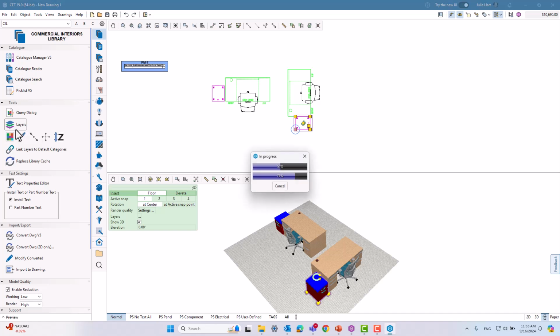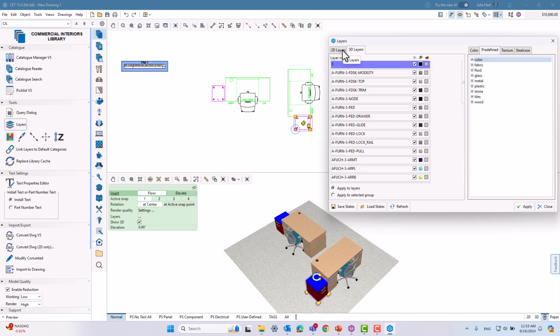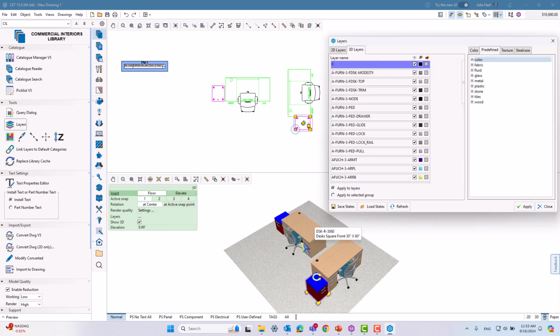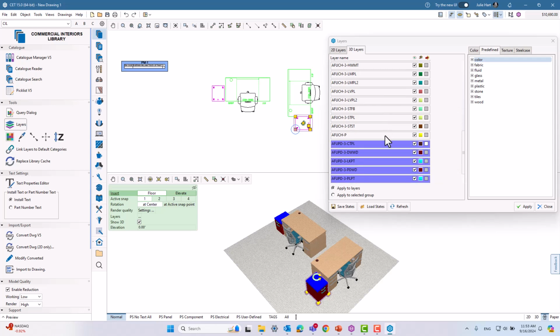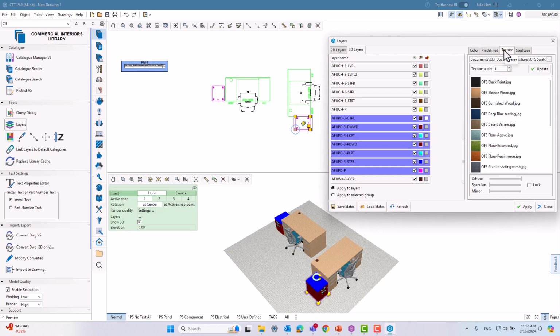Either way, when you pull up those tools, you can select from either the 2D layers here, or you can select from the 3D layers down here. When you left click on an object, any layers that are associated with that object will be highlighted in purple. Over here, you can see we have several different tabs for you to be able to add finishes to your